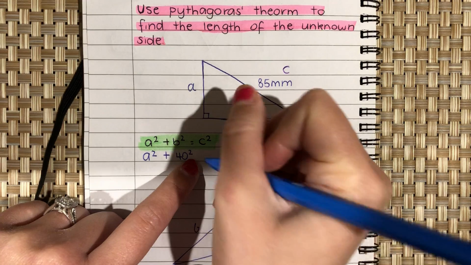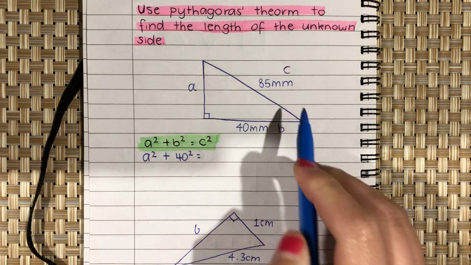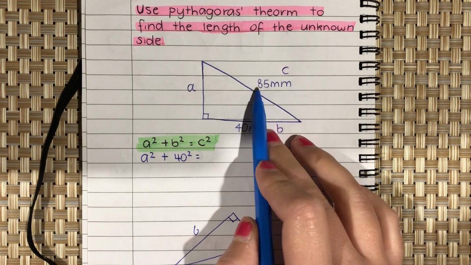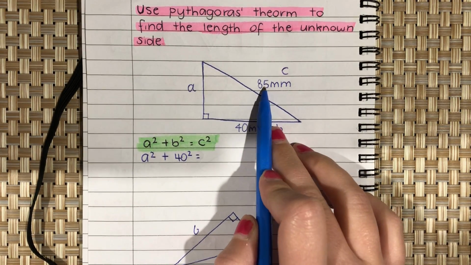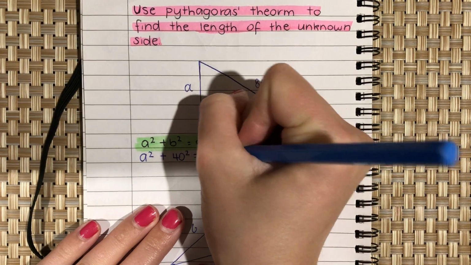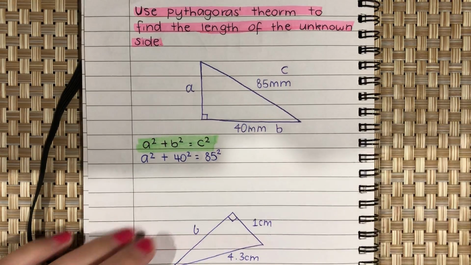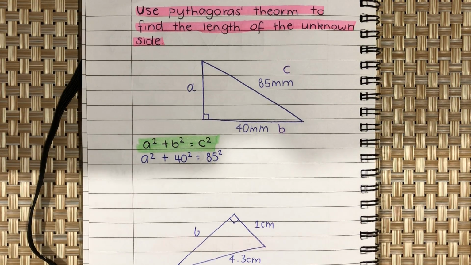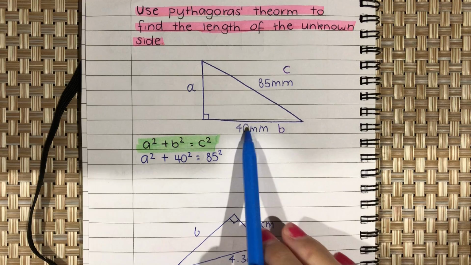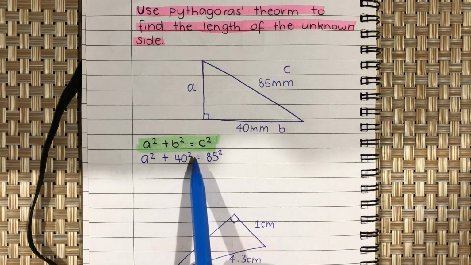And then you see an equal sign, so equals C squared. Now C is 85, so you're going to put 85 in where you see C. And then there's a squared, so put a square on top of that. Now that we've substituted our 40 and 85 in, we have A squared plus 40 squared equals